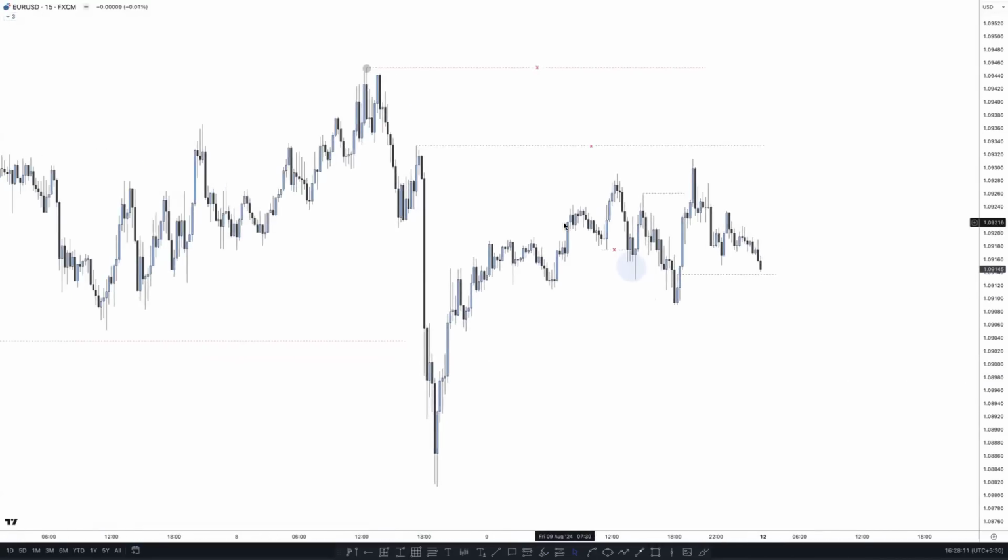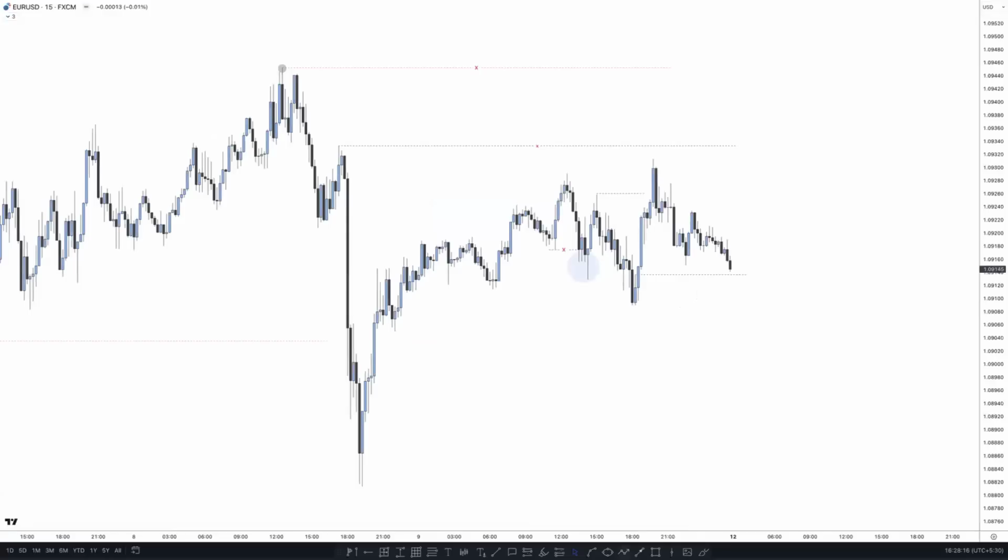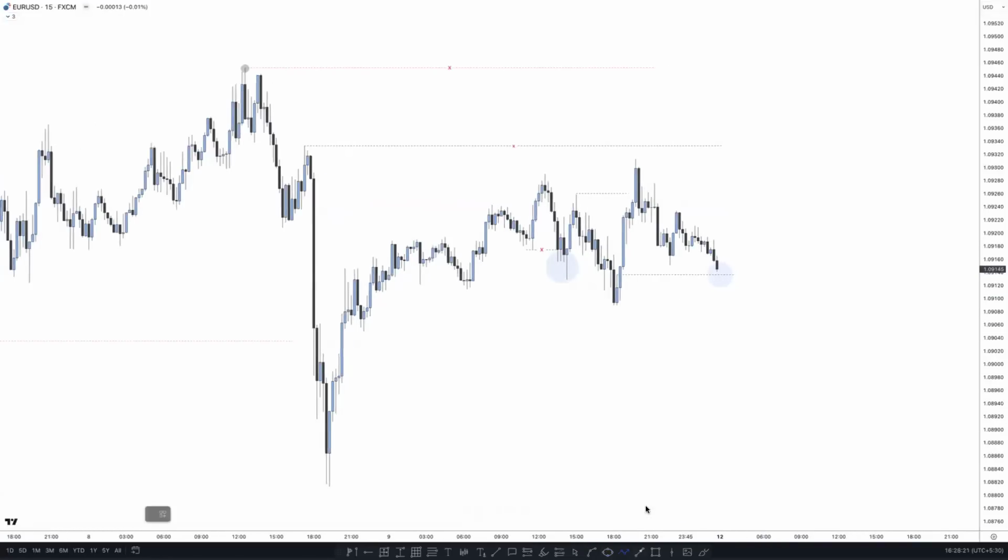Pick the structure, push downside, take out the inducement, and we can plan for the sell. Once price taps on it, you need to wait for it to create a lower time frame structure. Once price creates the lower time frame structure here, then we are interested in the buy like this one. Going higher high, taking out the inducement, pushing upside, mitigation, and then buy. So this move looks like this one. Inducement, mitigation. We are interested in the buy to the upside right here. So this is exactly what we are expecting in the lower time frame. Once the market taps on it, then we are interested in the buy to the upside.